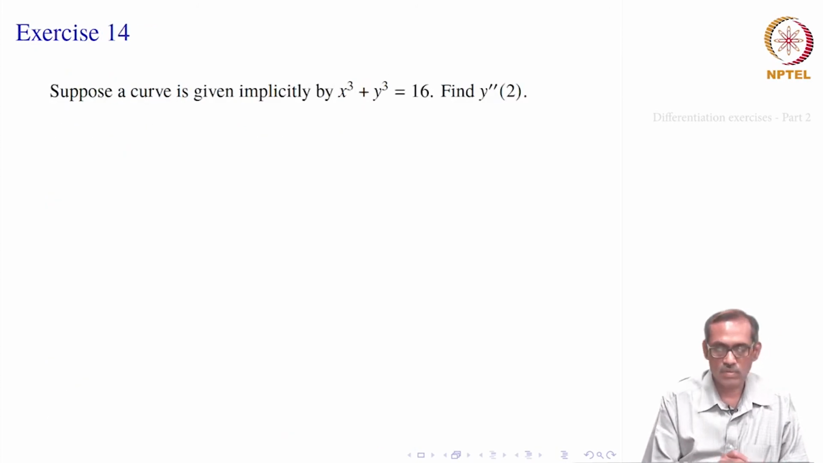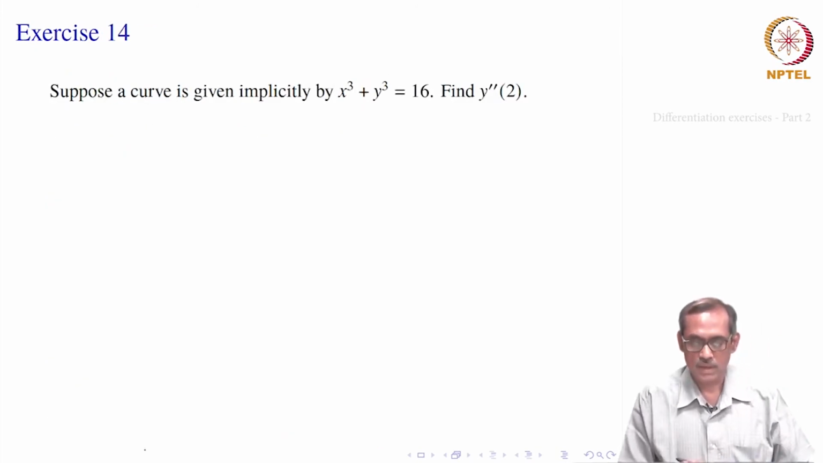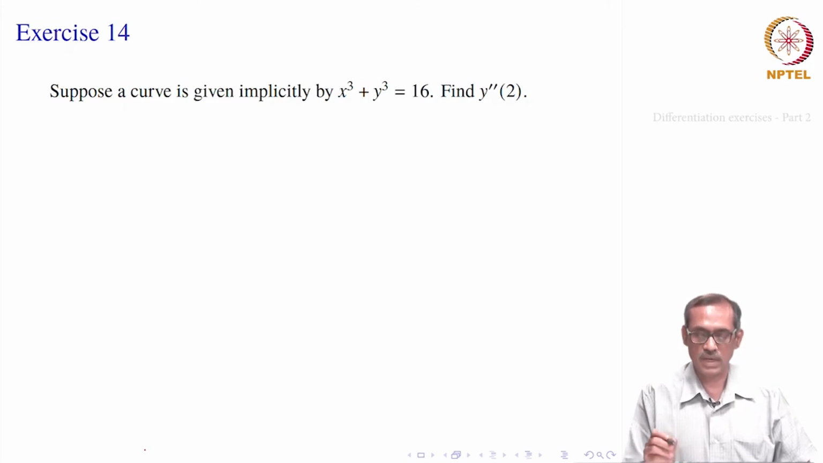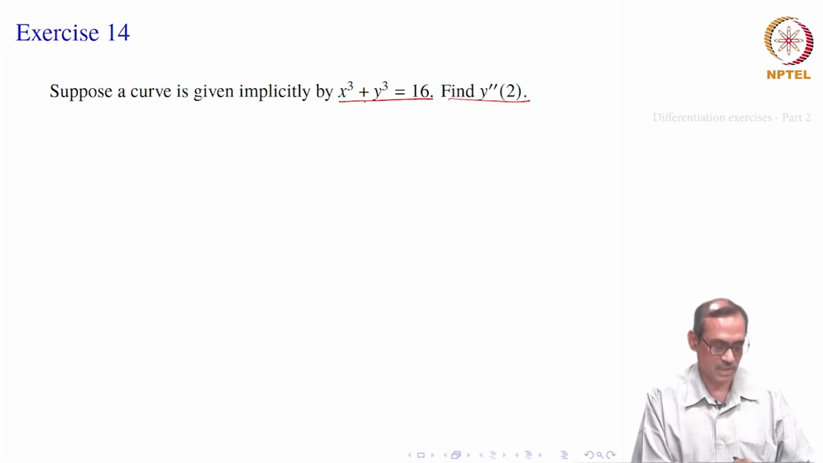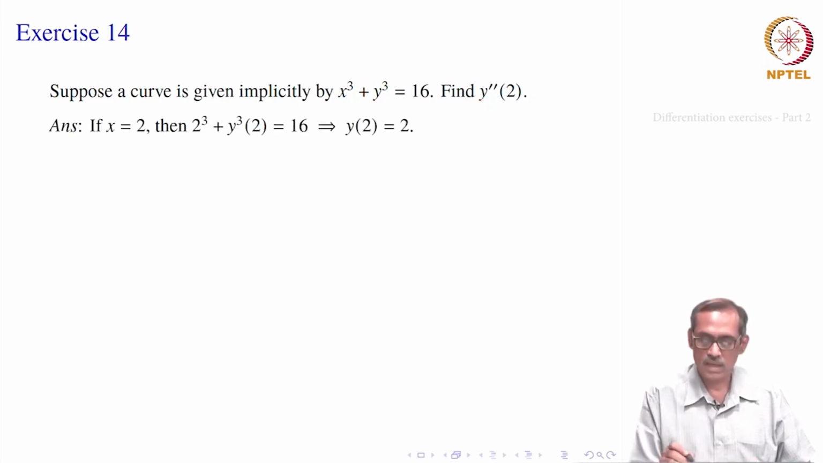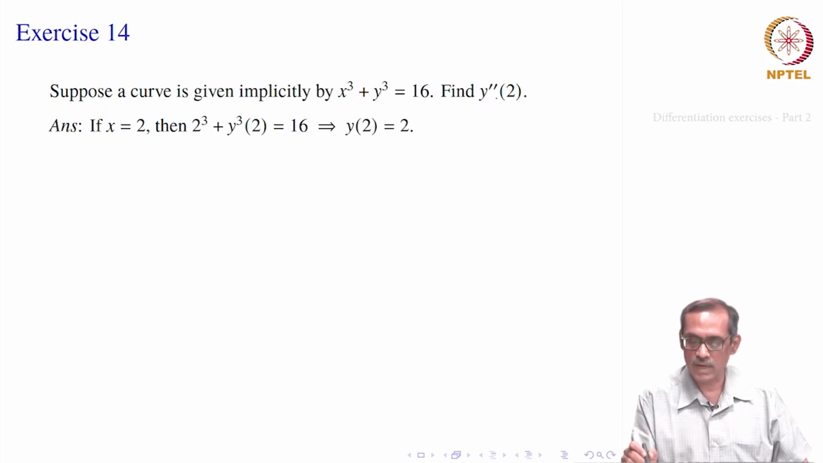So, we may solve one more problem. Suppose a curve is given implicitly by x cubed plus y cubed equal to 16. We want to find what is y double prime at 2. So, we need implicit differentiation here